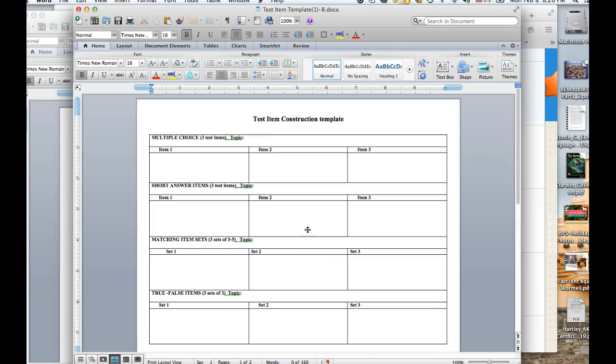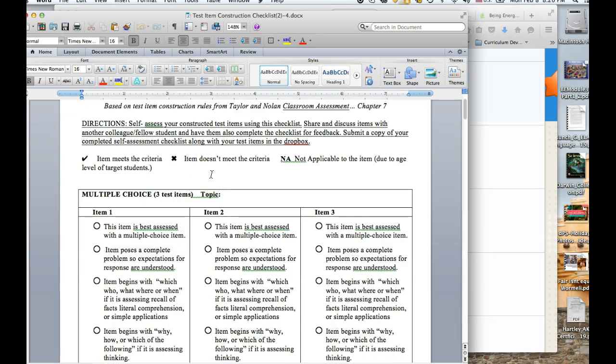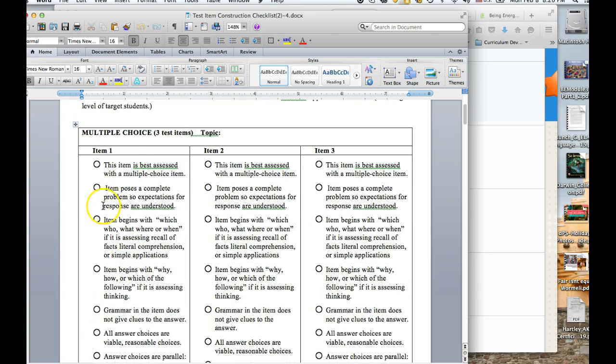So this is your template that you can fill in. It's a Word table, just so you know the format. It should be pretty easy to work with. And then your test item checklist. If your item in multiple choice meets all these criteria, all you have to do is,